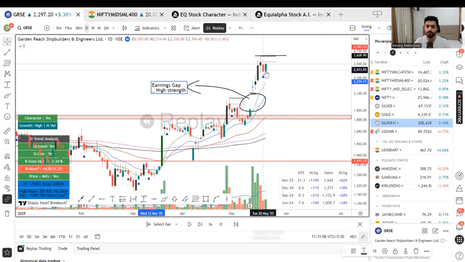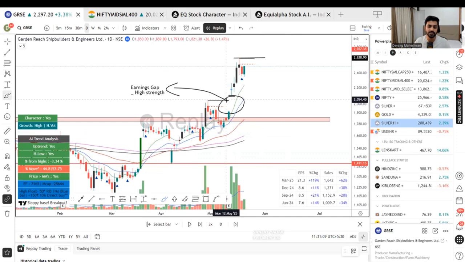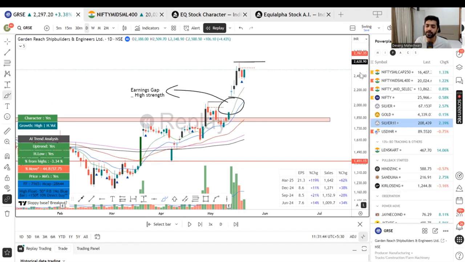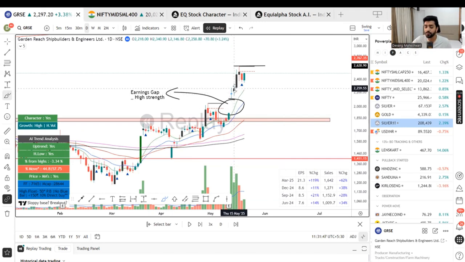Okay, earnings gap. Now here you can see that sometimes because of these gaps, again understand that I am just talking about gaps which remain unfilled. That is telling you high of strength. It may be possible that here instead of having a high gap up, it would have been like this, opened up here and then went 15%. Okay, that is another case in which stock opened like usually how it opens, and then by the close it closed very strong 15%. And sometimes on earnings you would see huge gap. Okay, in the opening itself 15% up.